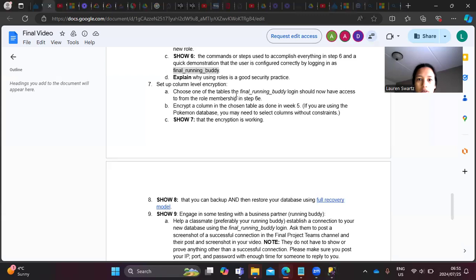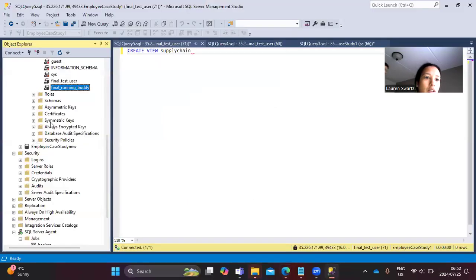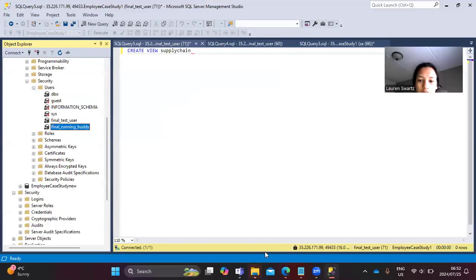Choose one of the tables. The final running body login should now have access to from the row membership. We're gonna create a